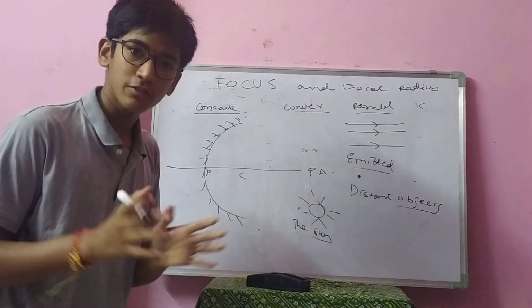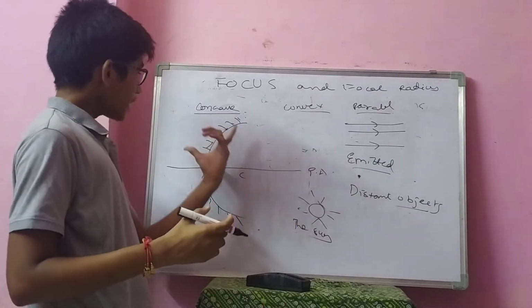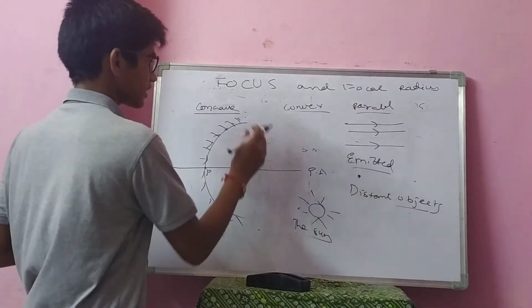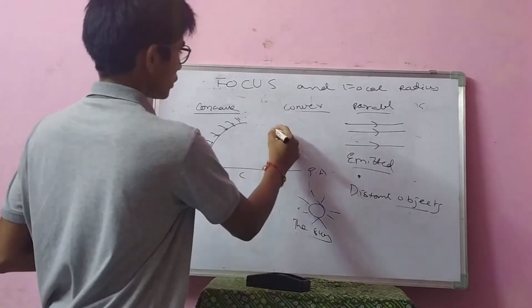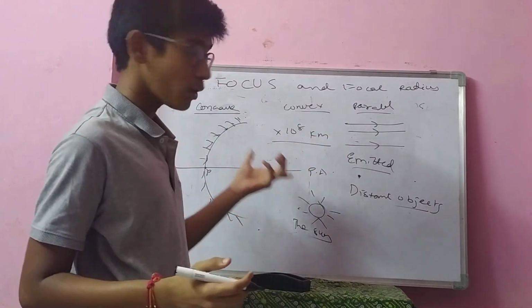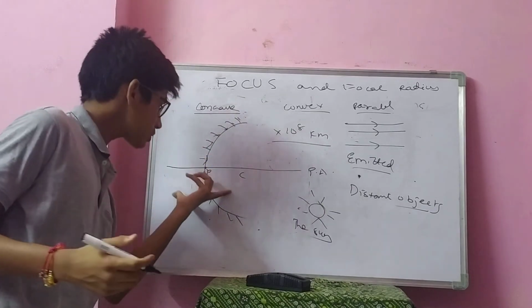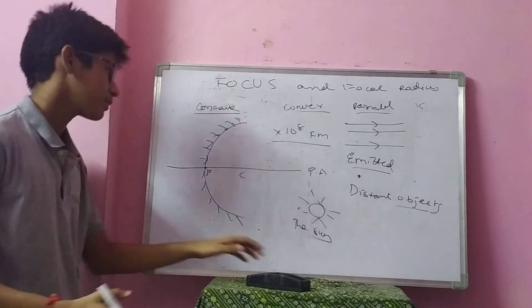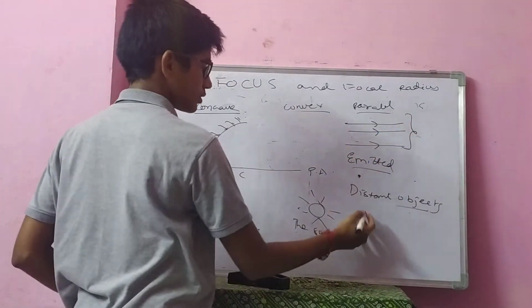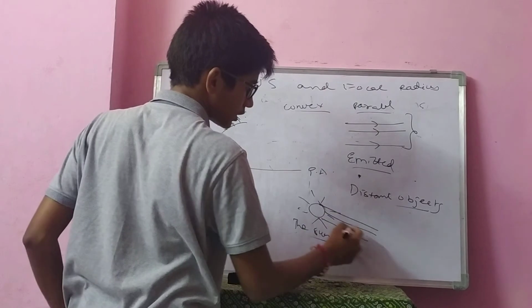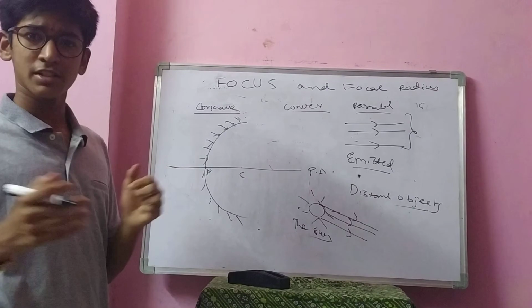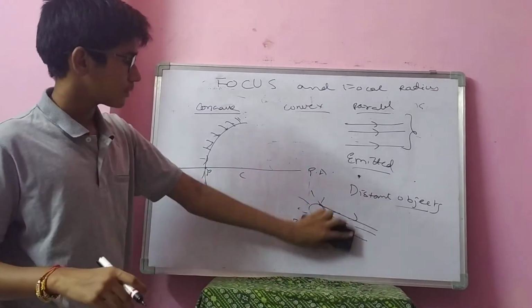It is not actually infinite. When it is compared with this mirror, then it appears to be infinite. It has a proper value, about 10 power 8 kilometers, we have the exact value. But this big value appears to be like infinity for this very small concave mirror. So I can consider these rays to be parallel. So sun rays coming towards the earth are considered parallel in the case of spherical mirrors or any types of mirrors present on the earth. Okay?